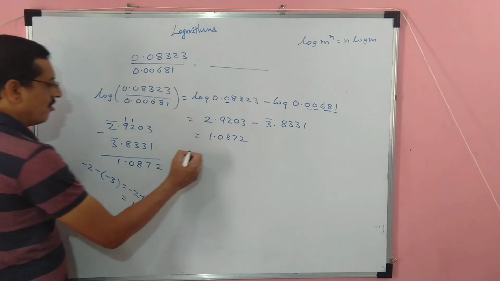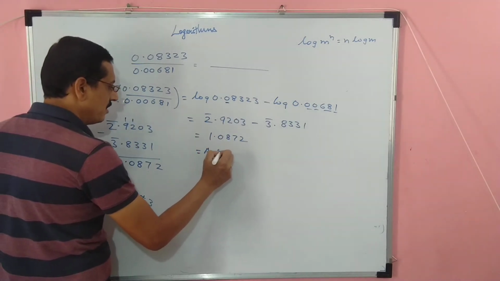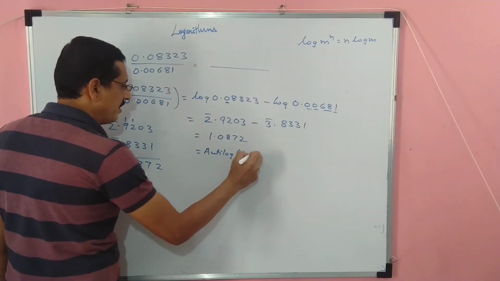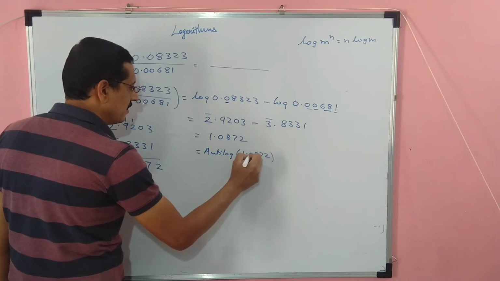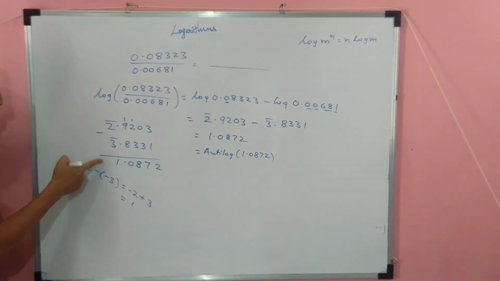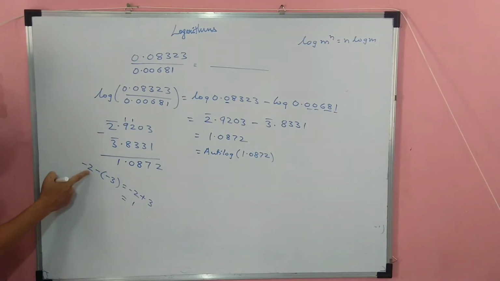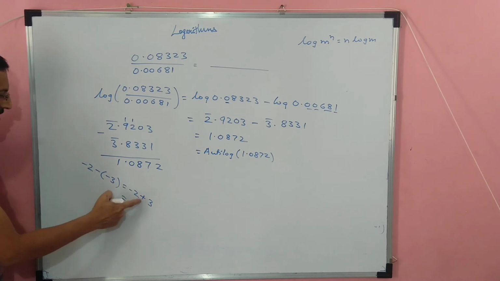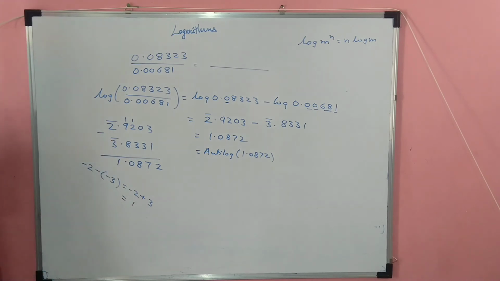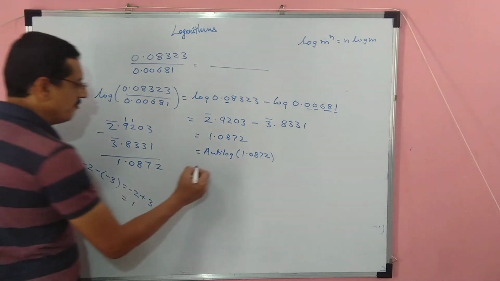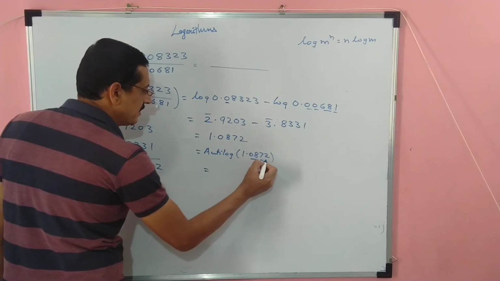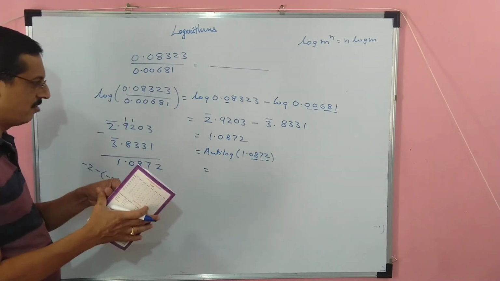Now check the antilog of this. इसके आगे तो खत्म हो गया. So the problem what you will face, or mistake what you may do, is here. So ये -2 minus of -3, minus minus becomes plus, -2 plus 3 is +1. ठीक है स्टूडेंट. So now I have to check 0.8 in 7 difference too in anti-logarithm.